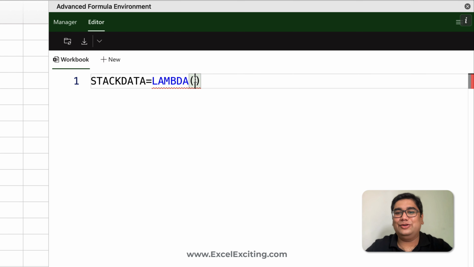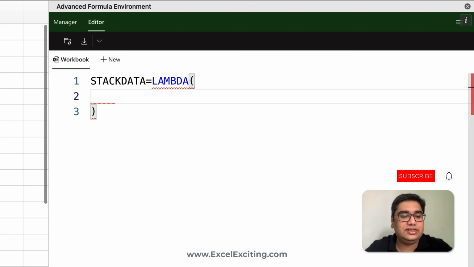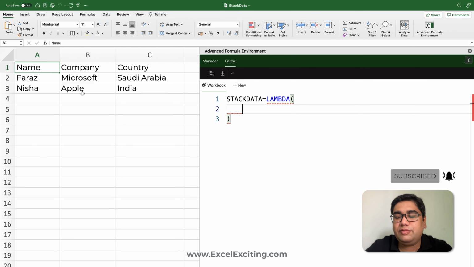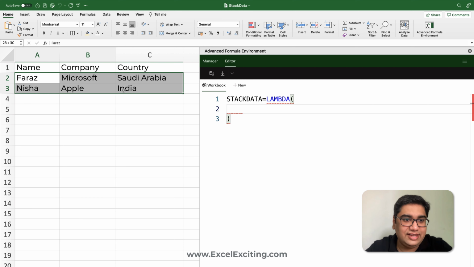Now when I press enter, lambda. Now for lambda I need to first give an input argument. So whenever my user selects this range or any range of their data, we need to take that into consideration. So what we will call that variable is selected range. So v underscore, why the reason v underscore? It is just a naming convention. I'm using it so that when I press v underscore, I will easily know that these are the variables which I have been using. So selected range